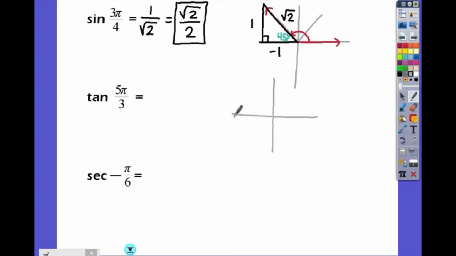Dividing into thirds, huh? Okay, so we have to kind of ignore that. So we've got 1, 2, 3. I think I'm going to need the bottom half, so I'll split that again. I've got 1, 2, 3. If you can picture that. Let's draw 5 pi over 3. So let's count them. 1, 2, 3 gets us to 180. 4, 5, and we wind up down in the 4th quadrant,